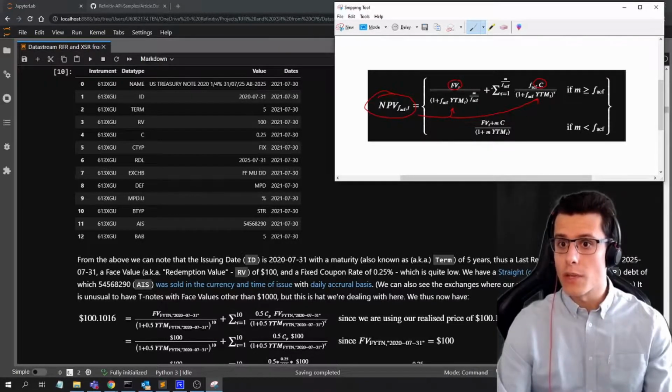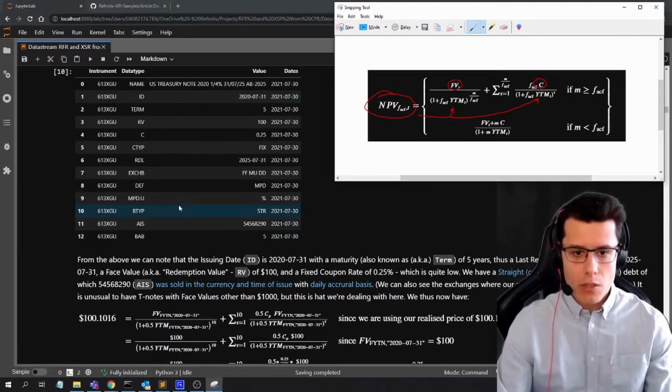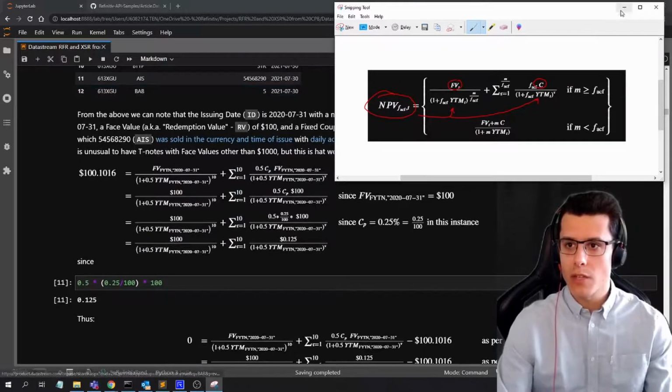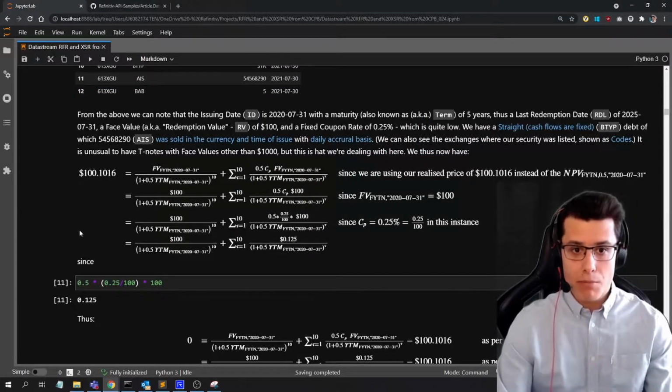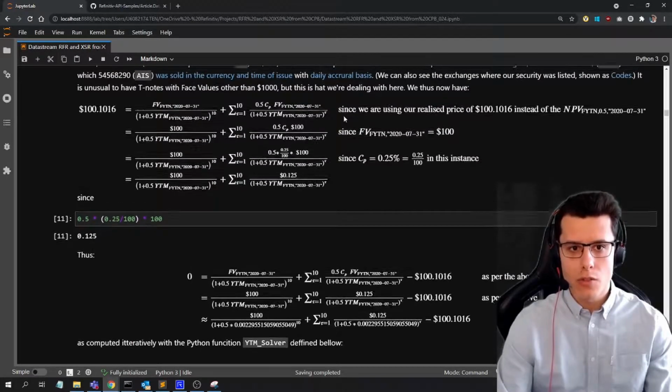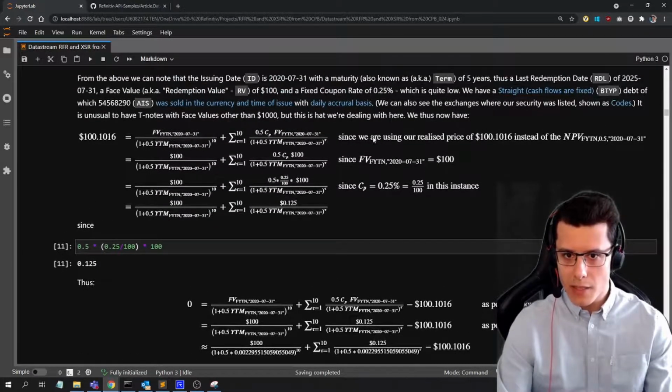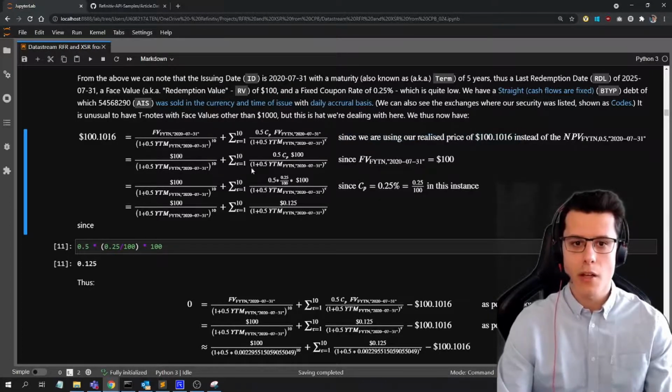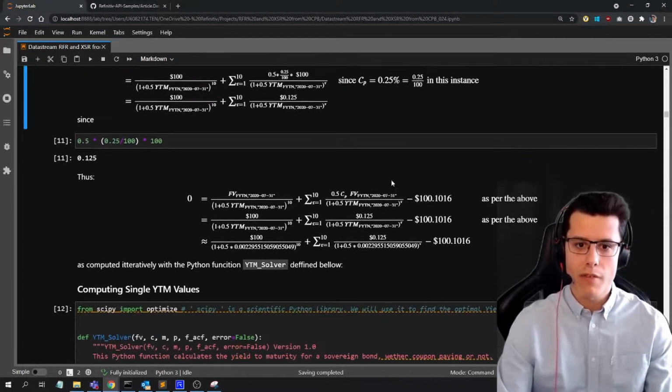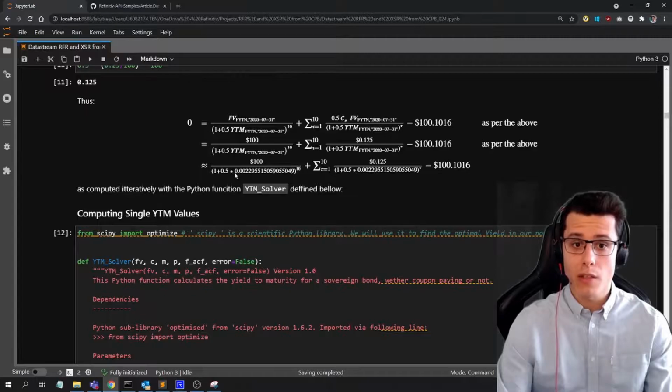Tau here is just a summation. So you go from tau, and t is just at any time t. All right. So we need all this information. And once you've got this information, all right, let me put that down. We can put it all into the equation I've just spoken about. So you see it gets a bit messy. But I like to do this. I like to go line by line, and I explain, since we are using our price of this much, then we substitute it, we got face value, blah, blah, blah, and then we figure out that our yield